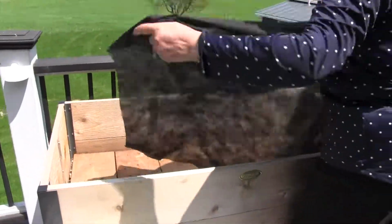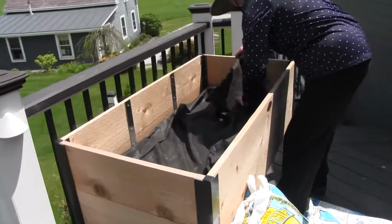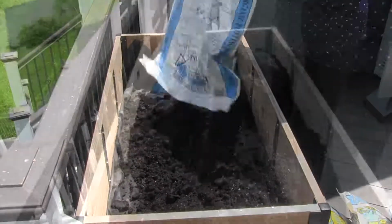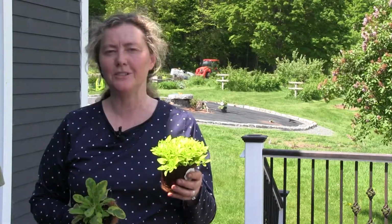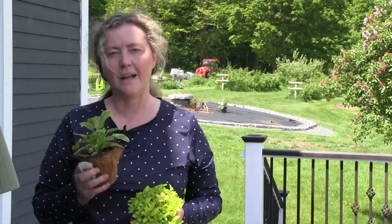I place a piece of fabric at the bottom of the box, and once you put the fabric down, now we will take bags of soil and we are going to empty them into the box, and when they get about an inch below the top of the box, now it's time for us to plant. It's very exciting. I'm holding here golden oregano, which is used in lots of sauces, and it's used for a lot of Italian cooking. I have golden sage, and sage is just delicious in so many things, and it's just fun to